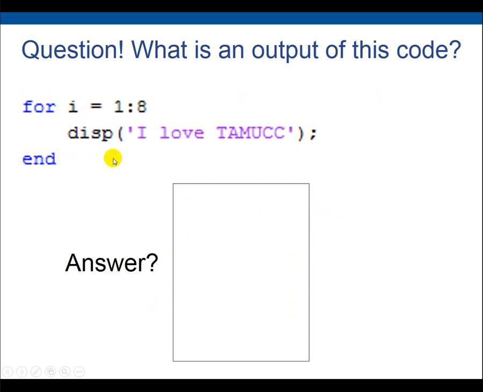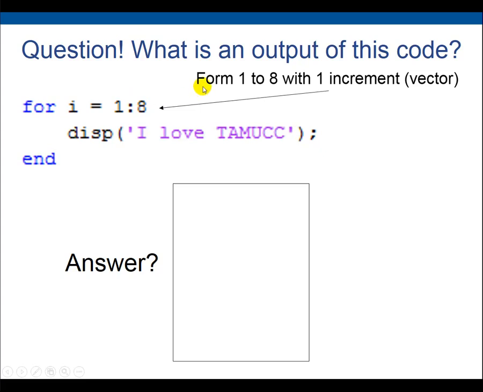Let's look at more detail. So for i equals 1:8, this means from 1 to 8. I goes from 1 to 8 with 1 increment. Oh, sorry, there is a typo here. It's from 1 to 8 with 1 increment. That means 1, 2, 3, 4, 5, 6, 7, 8. So this for loop will activate 8 times. It displays "I love time UCC". So the answer is